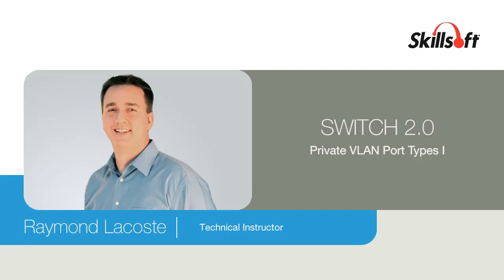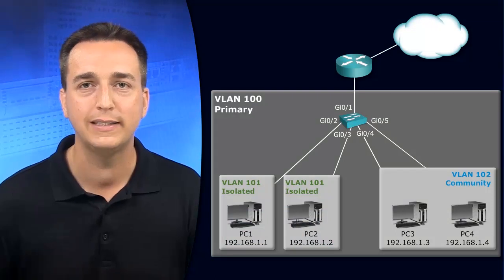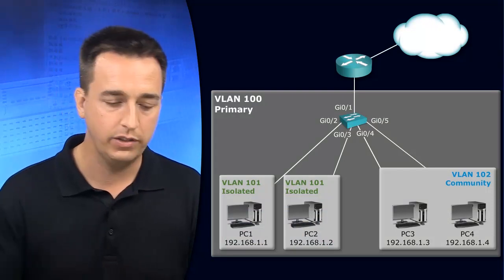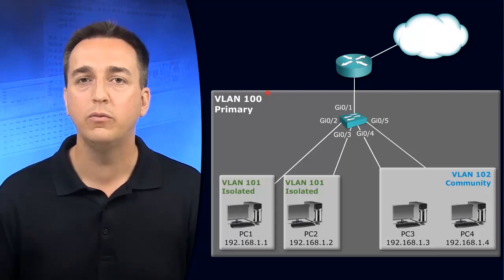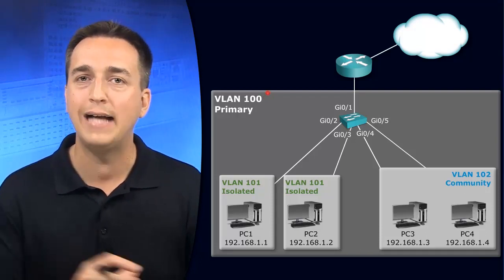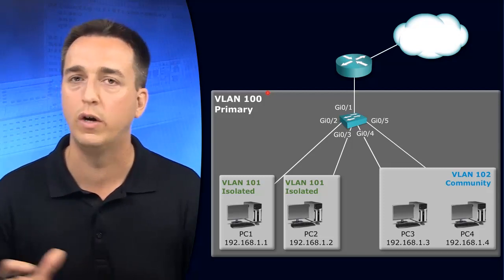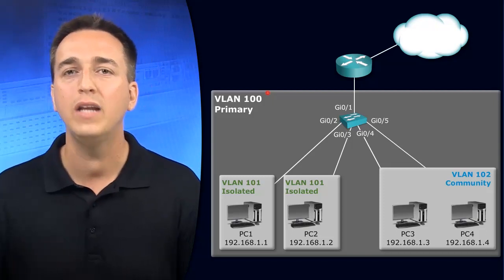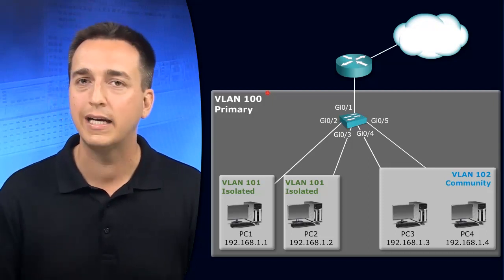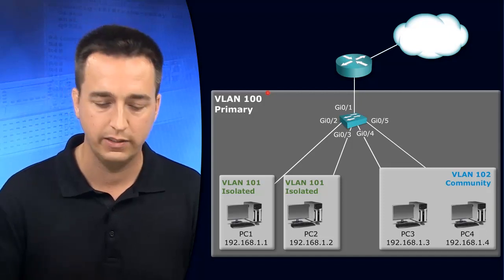The best way to learn about private VLANs is to examine a configuration example. In this case, we are going to take our primary VLAN, which is VLAN 100, and it has that one-to-one relationship with a subnet. In this case, the subnet is 192.168.1.0/24, and we are going to carve it up into multiple secondary VLANs and then associate those secondary VLANs with